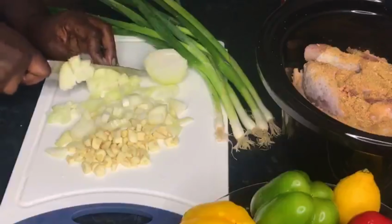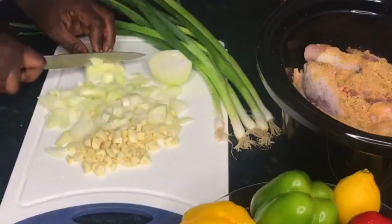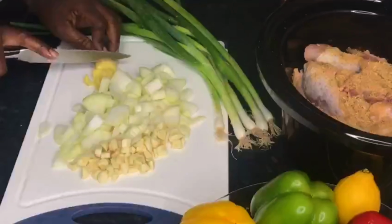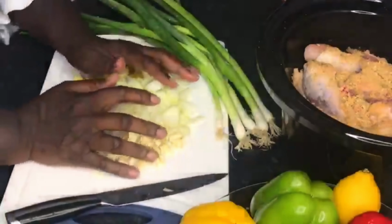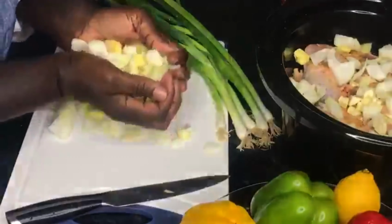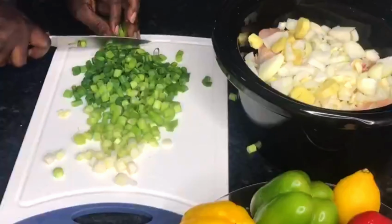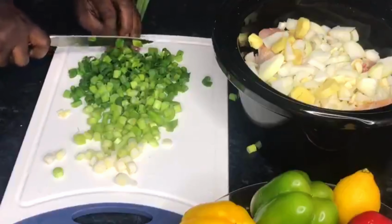I know it's nice to eat vegetables when they are just slightly boiled, but this time around it's going to boil with the chicken, and everything is going to mix together to give it a special taste. So put the chicken in the pot, oil, everything together, all the ingredients together, and just leave it to boil,